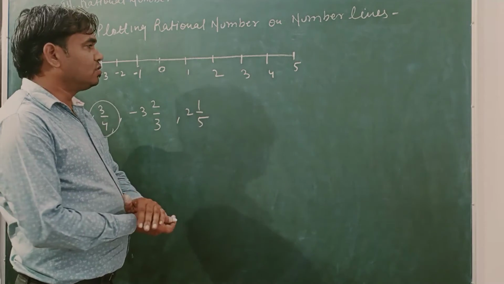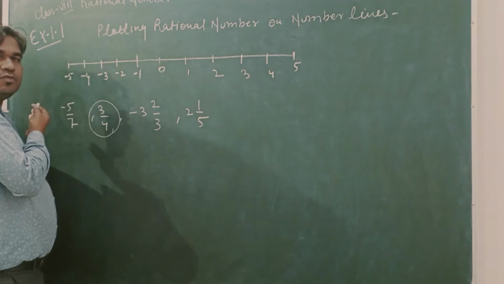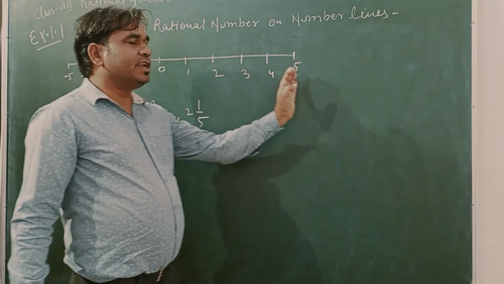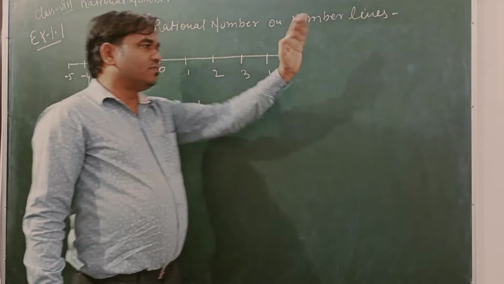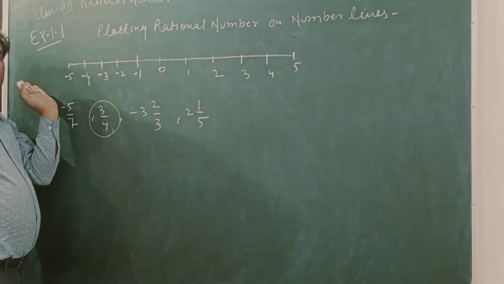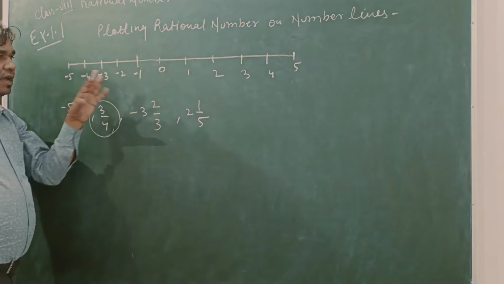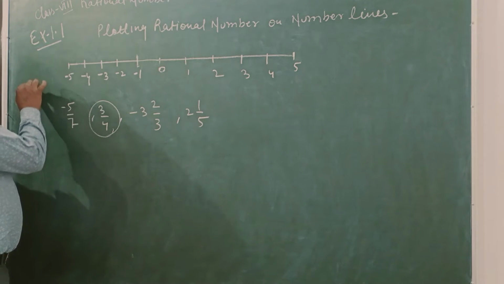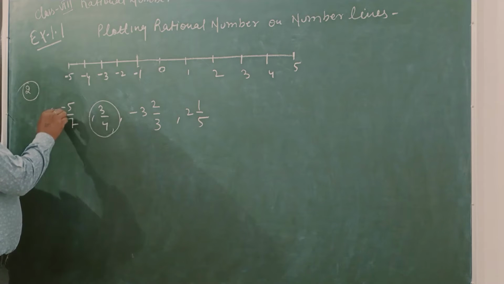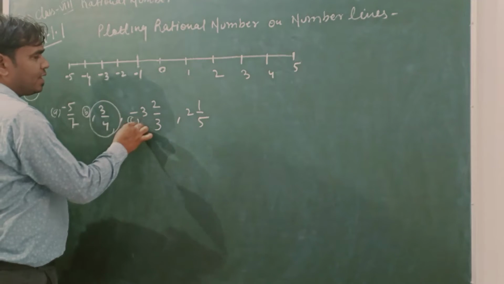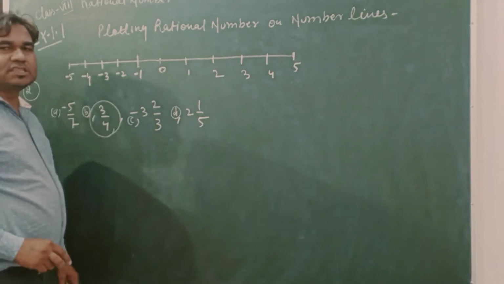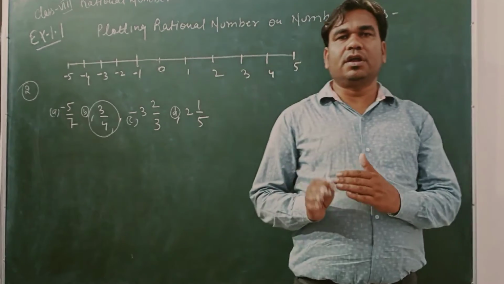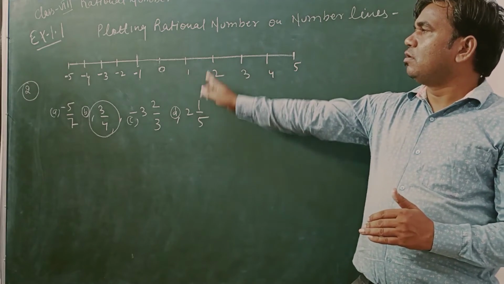So this belongs to the positive integers, and when we come back, this belongs to the negative integers. Whatever numbers you want, 5, 6, 7, 8, you can increase, and here you can also decrease the numbers according to the requirement. So here we can take question number 2. This is part A, this is part B, this is part C, and this is part D of exercise number 1. So here, students, we see plotting the numbers on this number line.